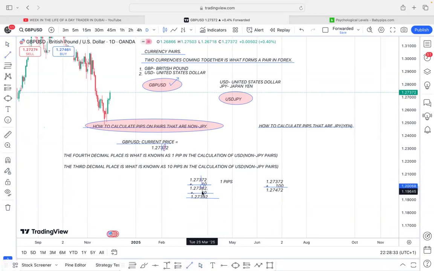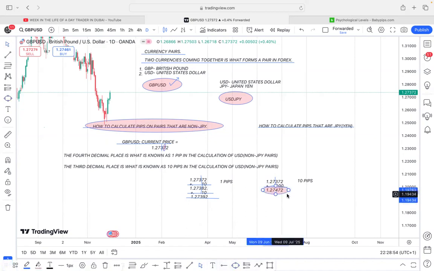Fourth decimal place, which is this point, you start to calculate from. Now, right here, 10 pips, the third decimal place. Count it after the decimal: 1, 2, 3. That's why I put my 10 pips calculation there. Let me use another example. So now this is the new current price, this level here, 1.27472. If price was to move another 10 pips, you're going to have